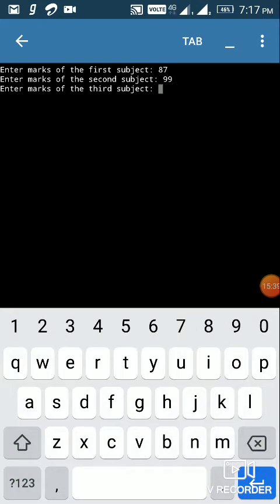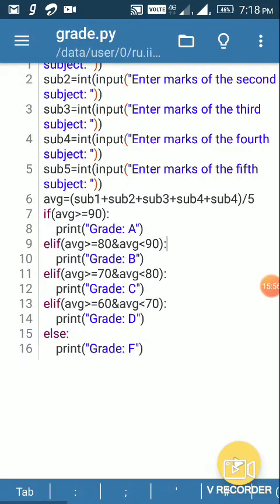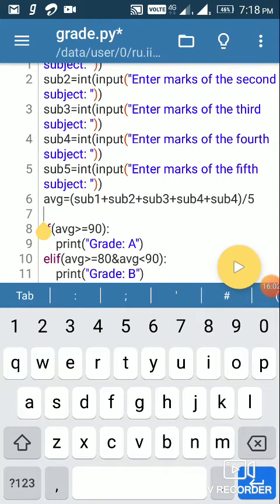Enter. Okay, now it gives us the result. That result is grade A because of the percent. Let's see, we can calculate the percentage. How can we calculate it? For average it is this, and for percent, let's give another command, that is